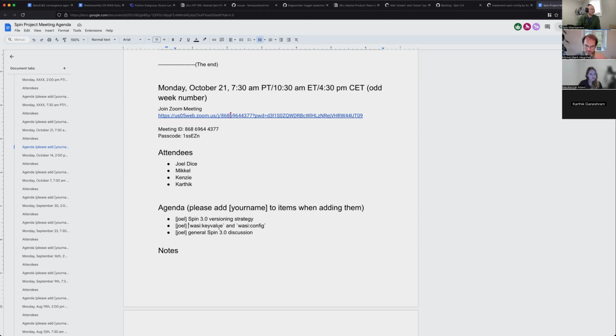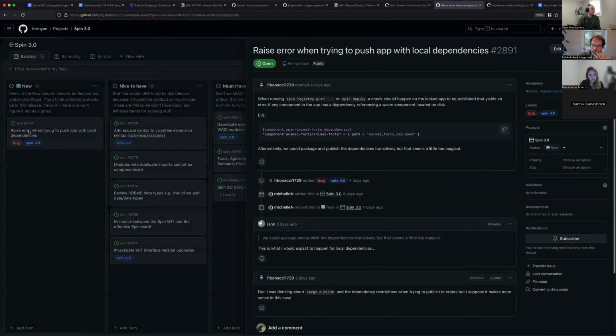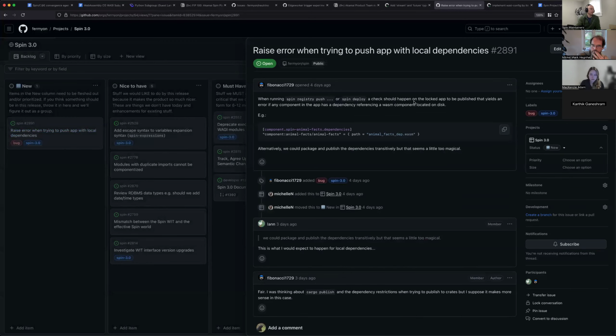Okay, and then let's see, general Spin 3.0 discussion, possibly inspired by the backlog. I guess the first item I would queue up is this one issue in the new column. Brian opened this, basically about how this interacts with publishing to a registry, the feature of component composition, and how it works when you're composing with locally defined